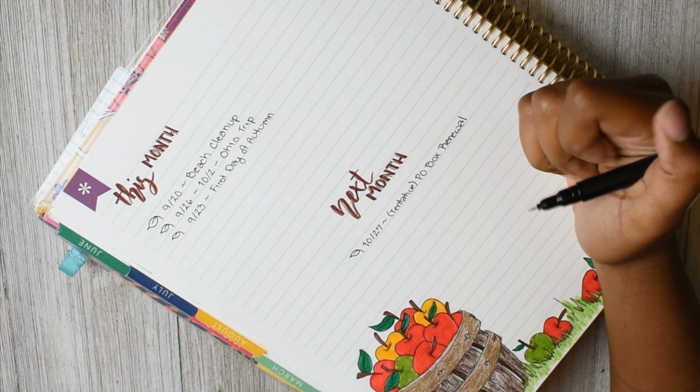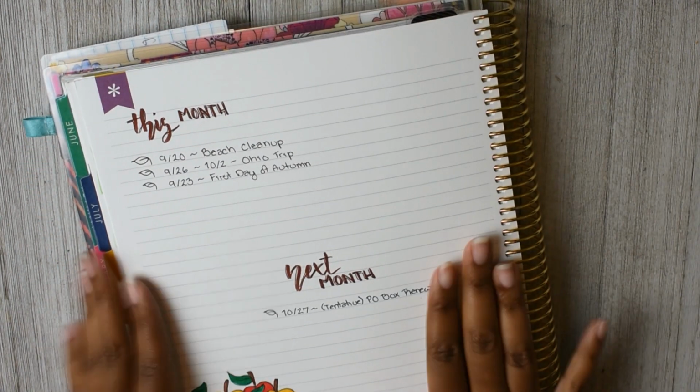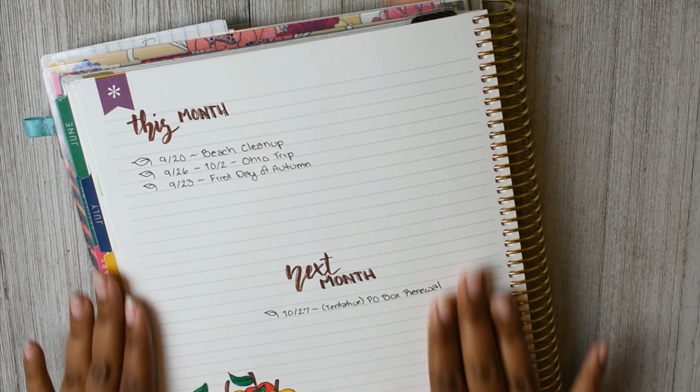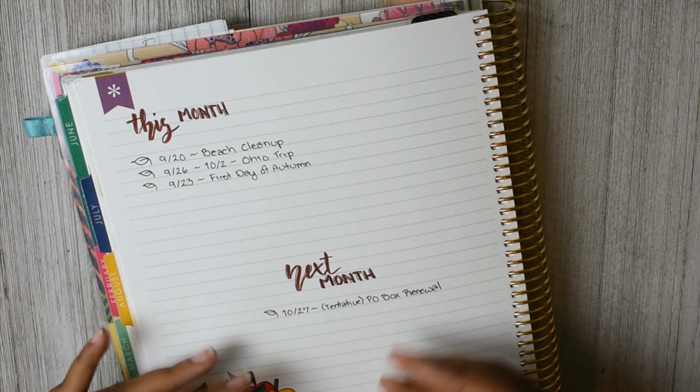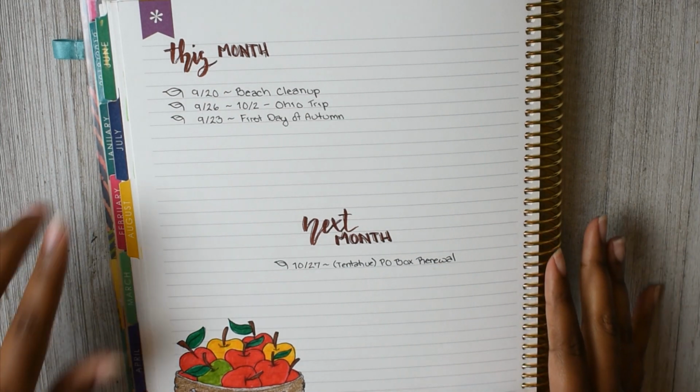And at the moment, that's all I can think of. So maybe I'll fill this out more as the month goes on. Maybe I'll add more stuff to it as the days pass by. I'll just color it in to see what I accomplished. And then